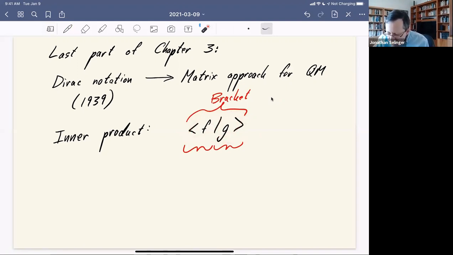Okay, and then he said, oh, well, I need a word for the front half and the word for the back half. Okay, and so he said, well, the front half of the bracket, that must be the bra. Okay, and the back half of the bracket, that must be the ket. Okay, and so he started this concept of bras and kets to refer to the front half and the